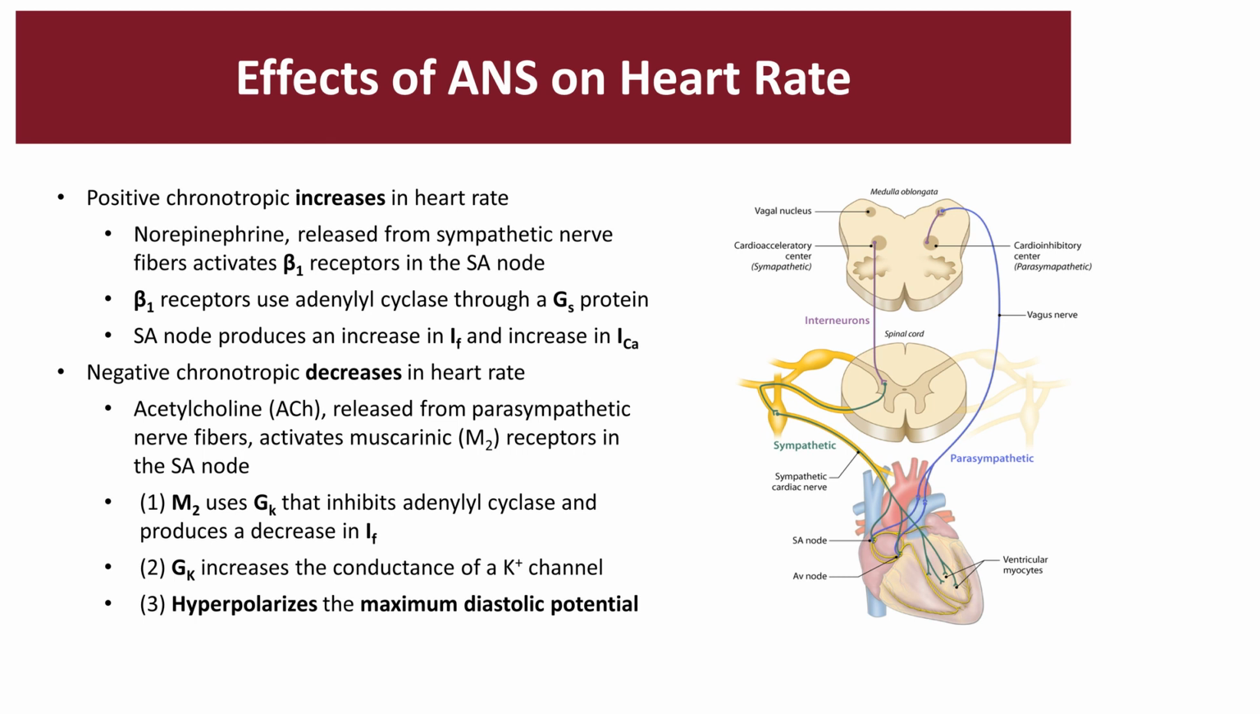A negative chronotropic decreases the heart rate. Acetylcholine released from the parasympathetic nerve fibers activates the muscarinic M2 receptors. M2 uses a subclass called G subscript K, Gi proteins, that inhibit adenyl cyclase, which will then decrease the funny current to the heart cells. GKs also will then increase the conductance of potassium channels, therefore hyperpolarizing the diastolic potential, making it harder and slower